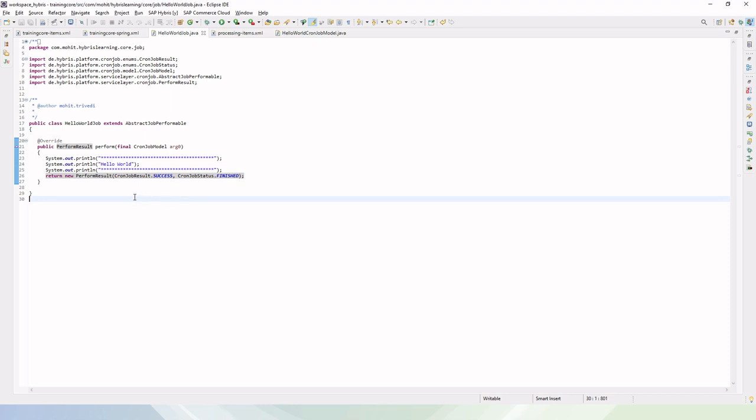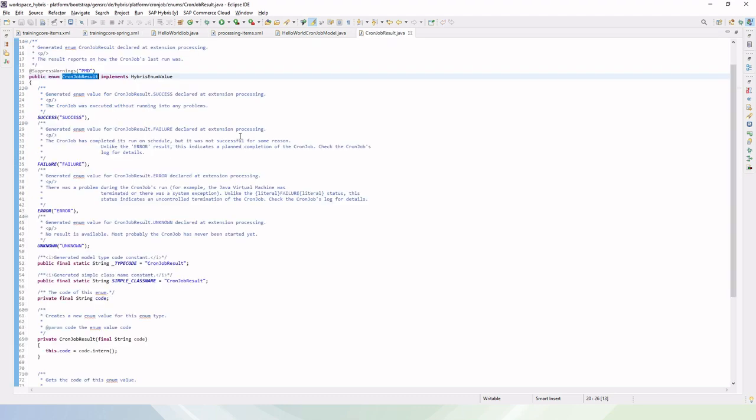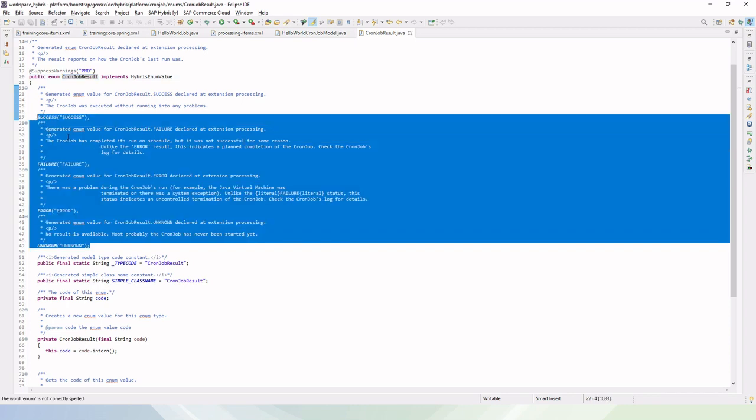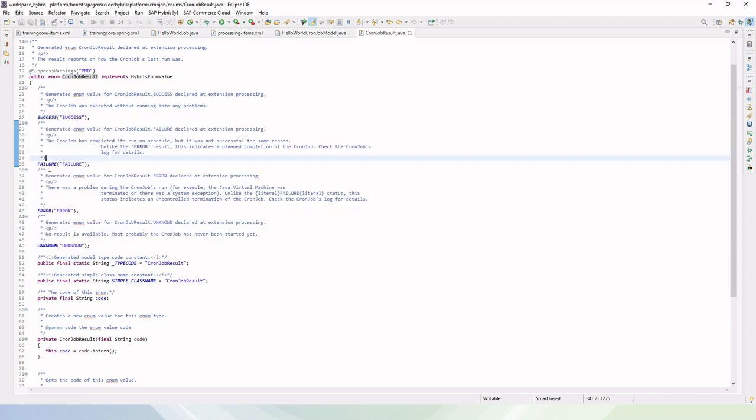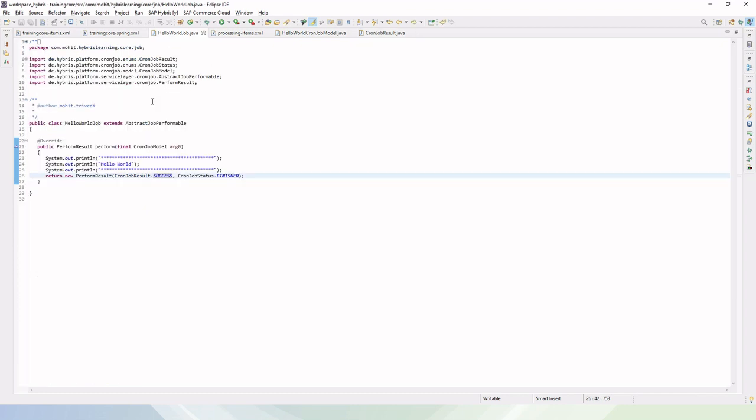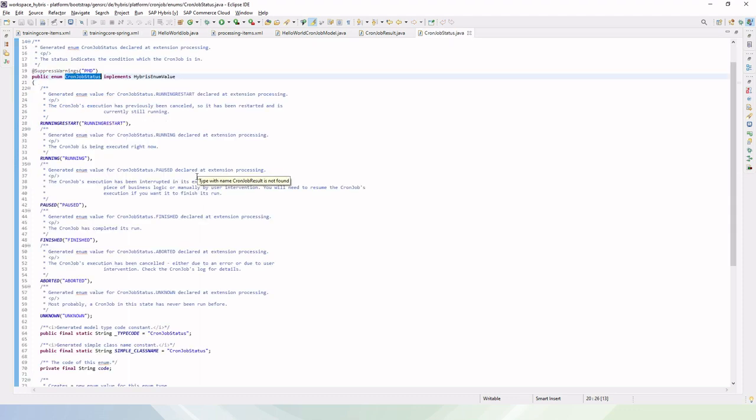If you look at this cron job result and cron job status, there are many other statuses as well. If you explore this cron job result class, you can see that we have different statuses, like success, then failure, then error, unknown. Depending upon the scenario, we can use these cron job result statuses, right? Similarly, if you explore this cron job status, here we have different statuses.